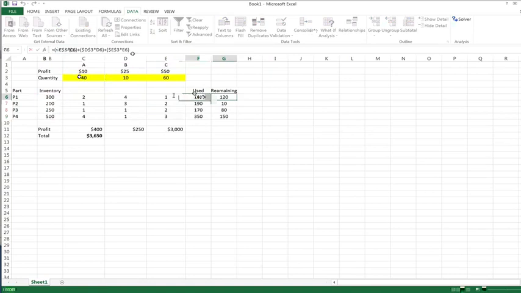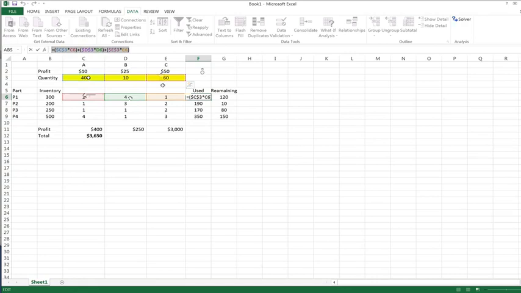For part 1, to figure out how much of the inventory we've used, basically you take the quantity of part A times the number of part 1s that it needs. So 40 times 2, and then you just keep working down each part, plus 10 times 4 plus 60 times 1. And that's going to give you how much of part 1 we need. And so for this particular set of quantity for each product, this is the inventory we need,